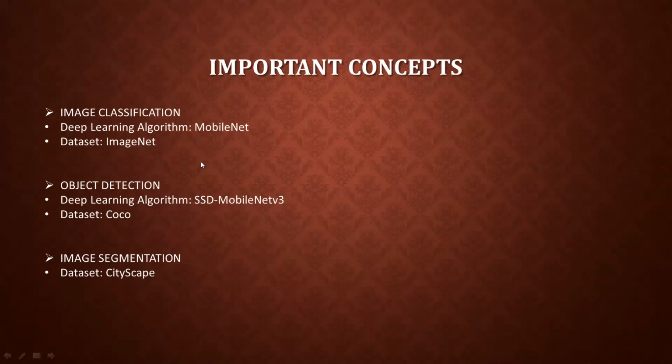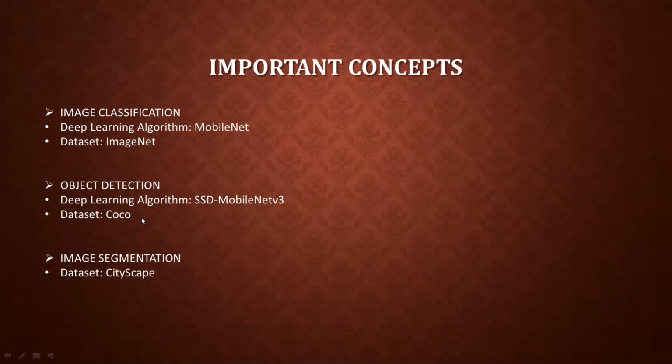For object detection from an image, we are going to use the Single Shot MultiBox Detector, which divides the image into small patches. Based on salient features, it joins all the patches and asks a classifier like MobileNet to classify the image. A combination of two algorithms, SSD MobileNet version 2 and SSD MobileNet version 3, is used for better object detection.